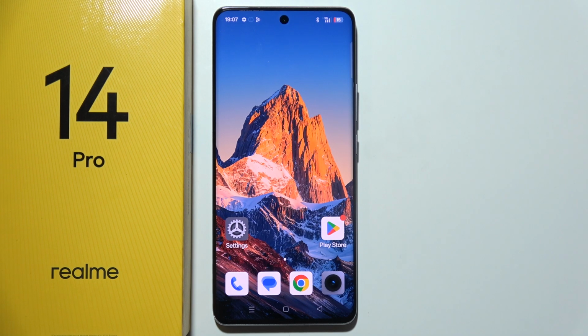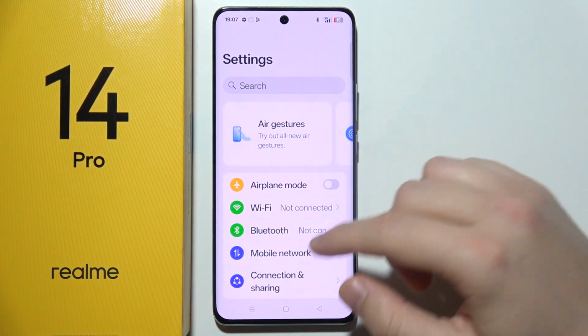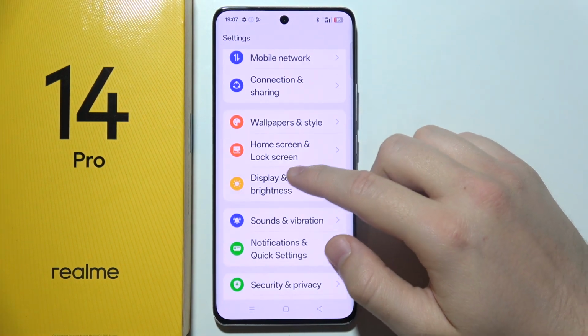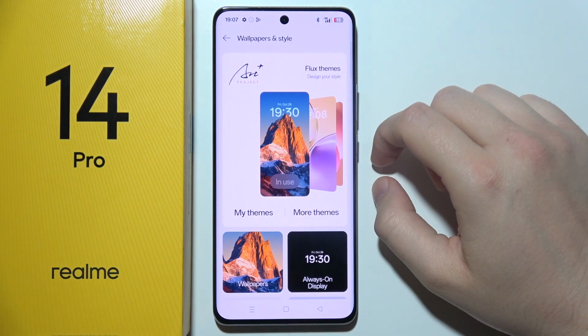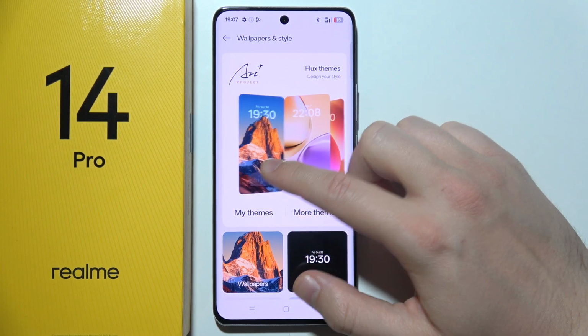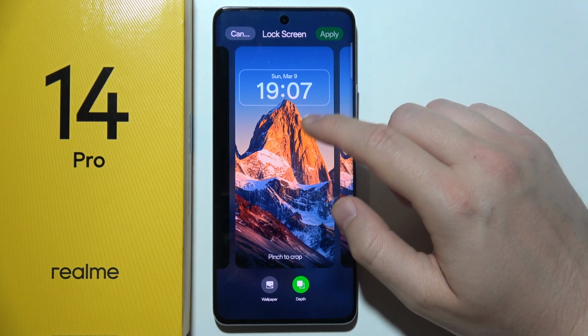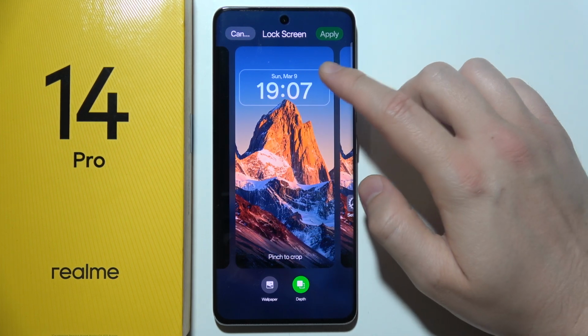If you want to change a lock screen clock on the Realme 14 Pro, you will have to start by opening settings, and now you will have to navigate into wallpapers and style. Now you will have to pick your current theme, so just go for it and tap on it. And now when you are here, just be sure that you are at the lock screen and click on your